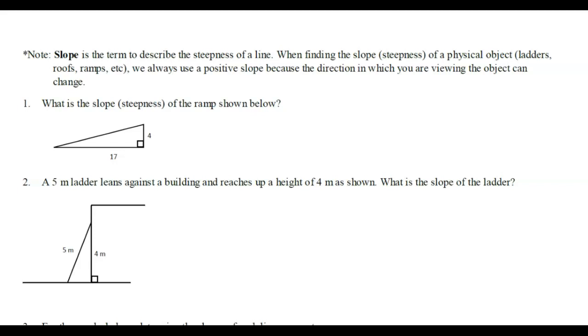Trigonometry can solve it. If it's an application question, then we always do it as a positive value. Because that ramp could be facing that way, but then if someone was standing on the other side, it would look like it was going downwards. So for applications, we always consider